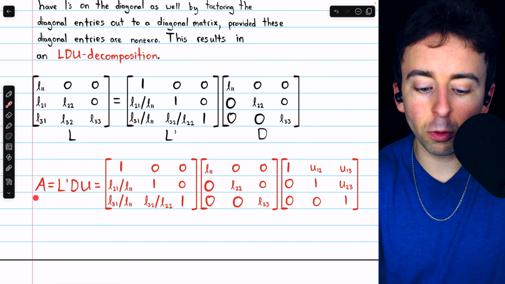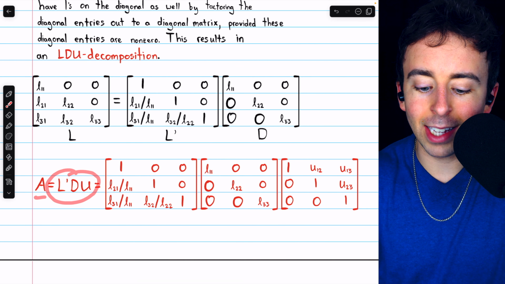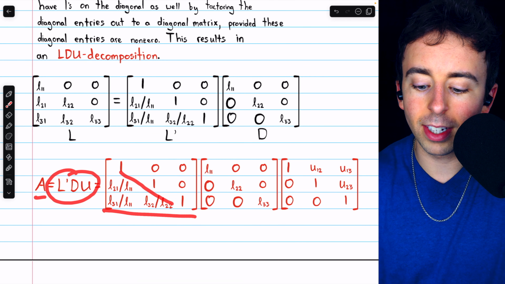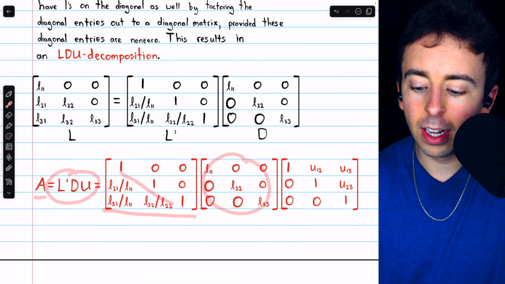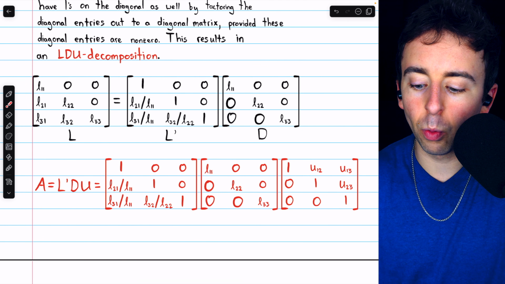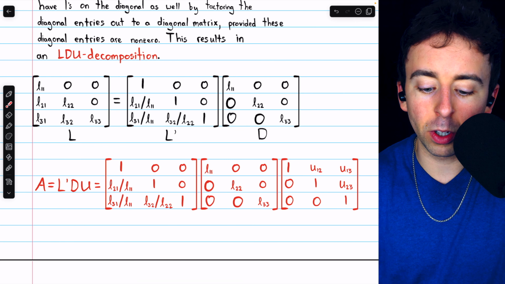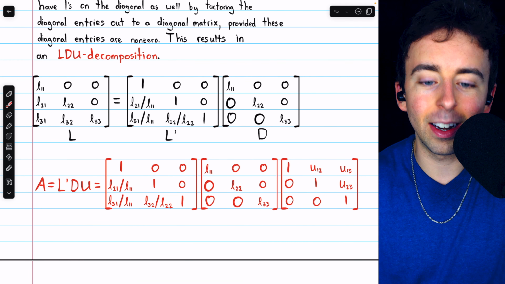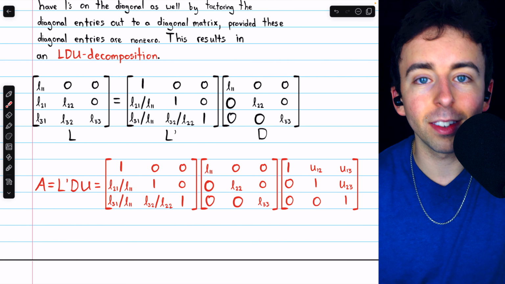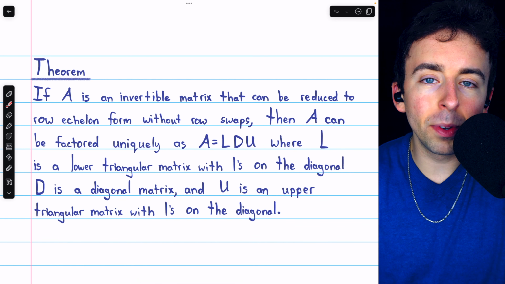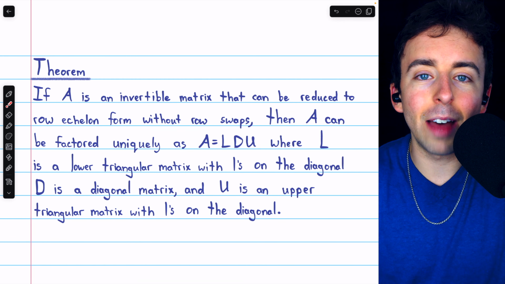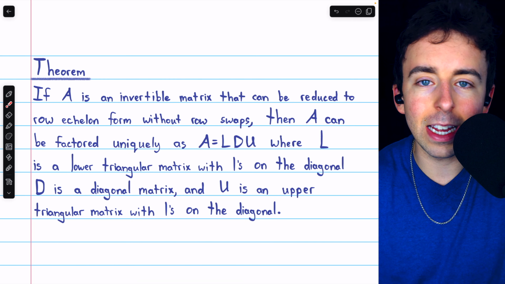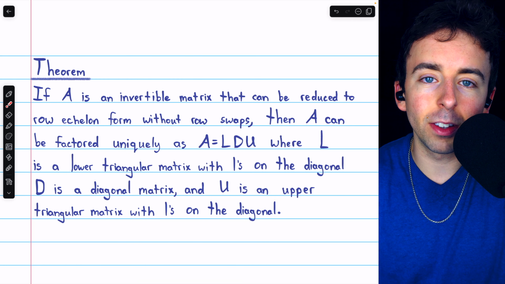And this allows us to write A as a product like this: a lower triangular matrix with 1s on the diagonal, a diagonal matrix, and an upper triangular matrix with 1s on the diagonal. In this case, we're calling the new lower triangular matrix L prime, since it's an adjusted version of the matrix L. Now, as with LU decompositions, not every matrix will have an LDU decomposition either, but under certain conditions,